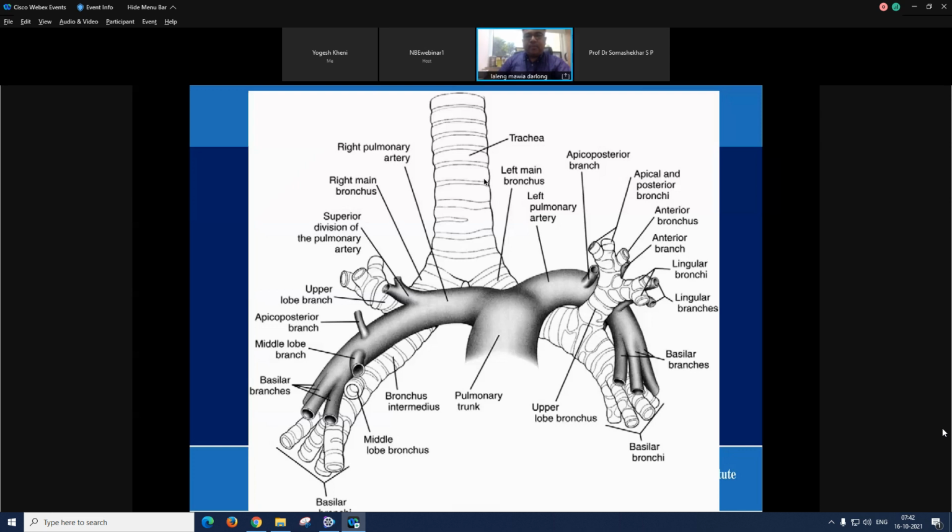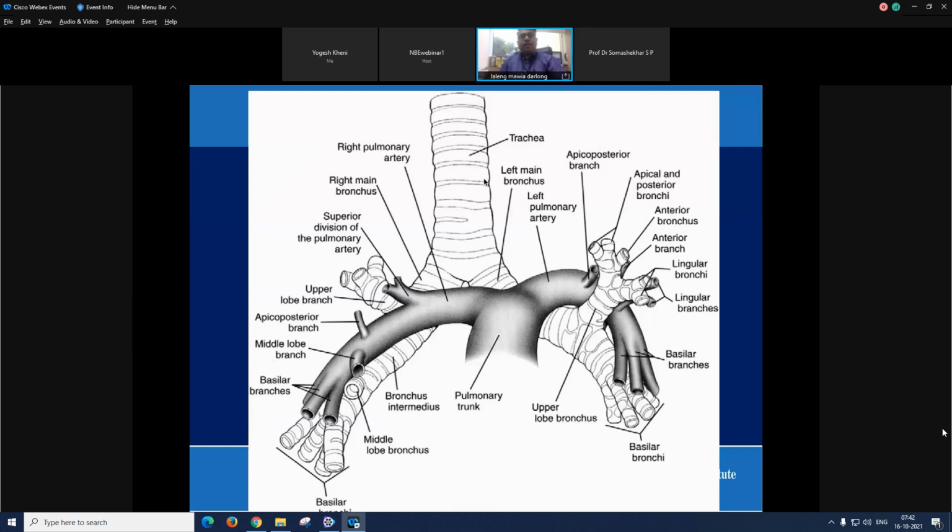And any bleeding from the pulmonary arterial system is always high volume, though it's low pressure. Whenever you have a bleed in a pulmonary artery, we should not try to go and catch it immediately. It is because of its low pressure and high volume that you see a sudden gush of blood. But if you put pressure with a gauze or a swab, usually they can get controlled, especially the smaller ones, and then you have time to think about it and go in again